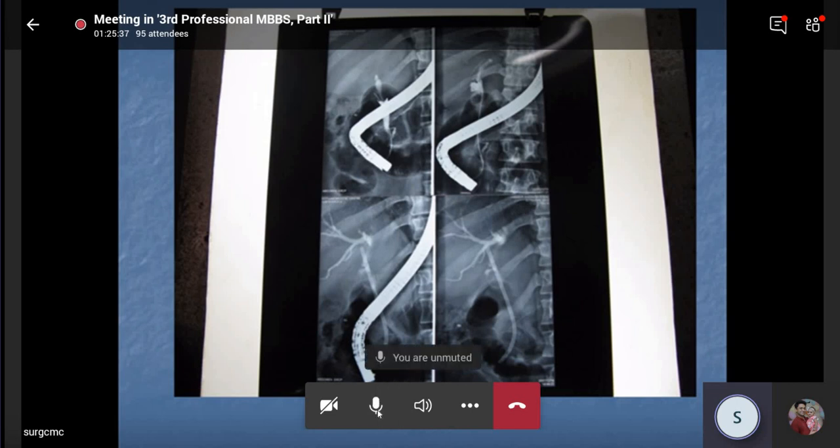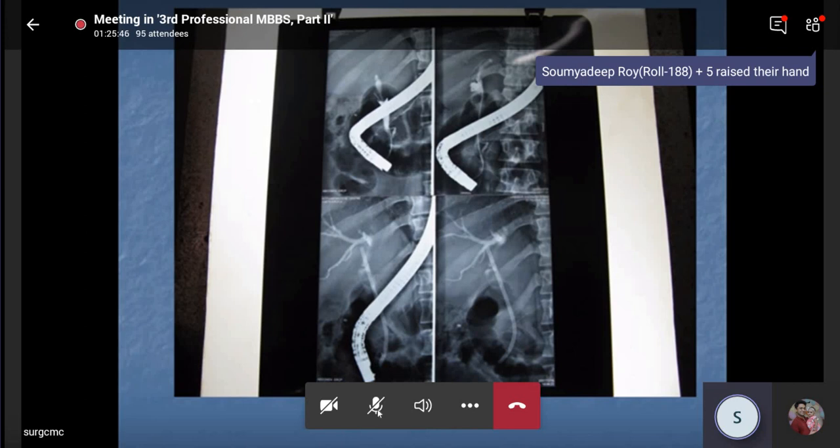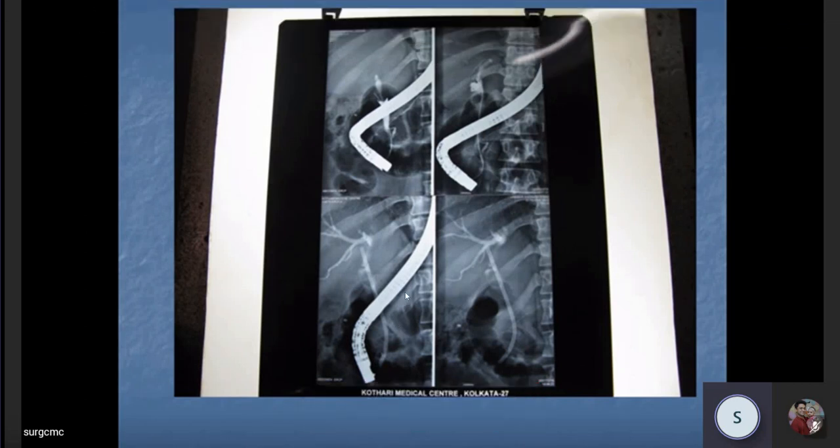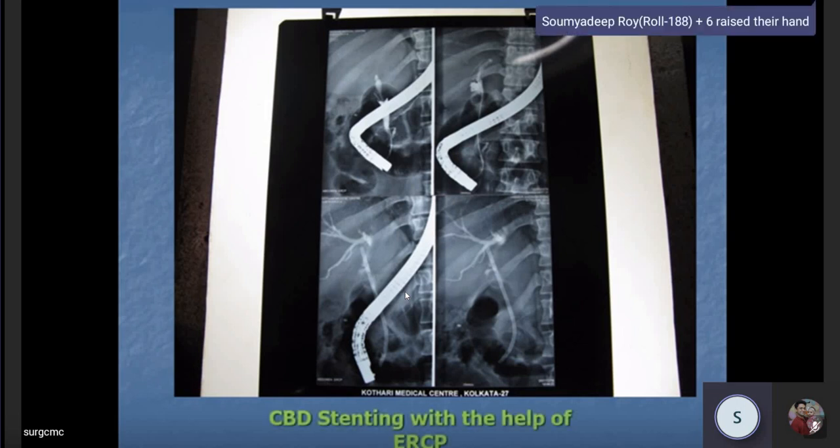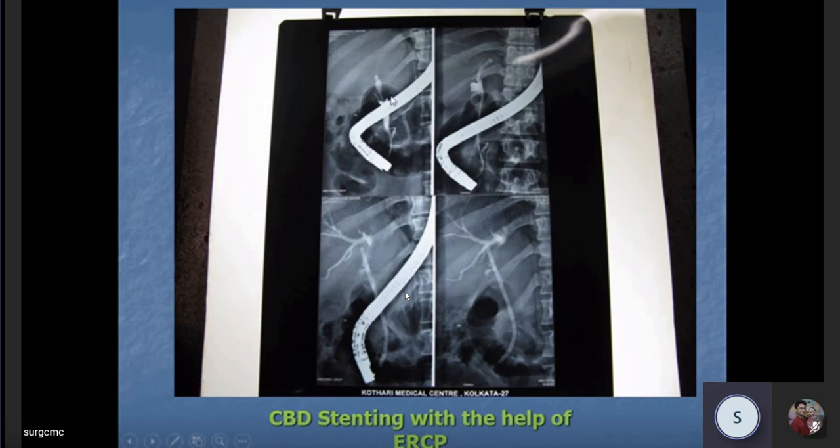Okay, like you do a cystoscopy within the bladder, and from the bladder you put a ureteroscope that has its own camera system. You can see within the ureter up to the pelvis, but in ERCP they do not. And in ERCP, as I told, this is a case where the ERCP is done, dye is pushed, there is a stricture, maybe malignant or non-malignant, and they have pushed a stent inside to make the CBD patent again, to drain the bile. Okay.